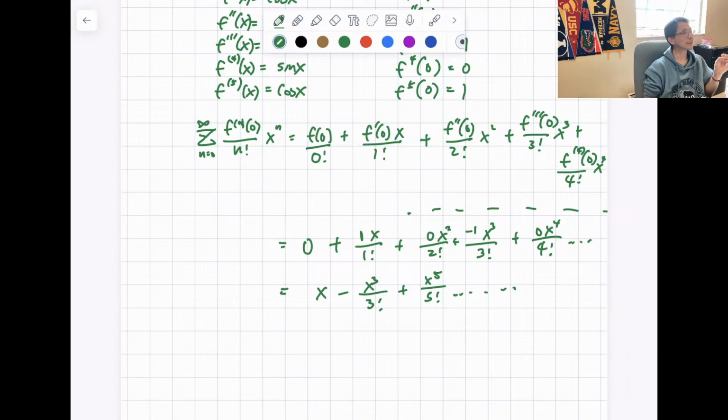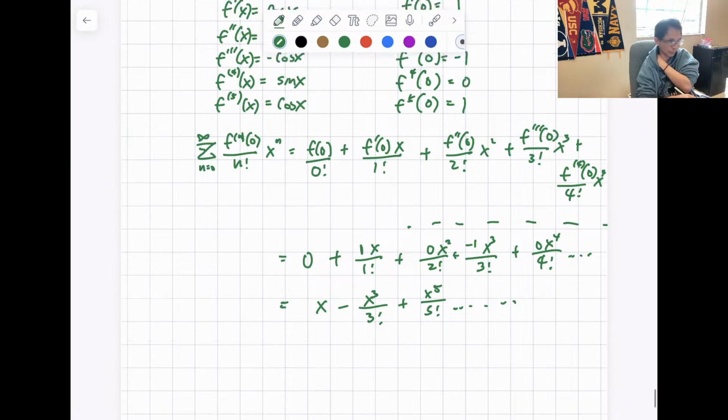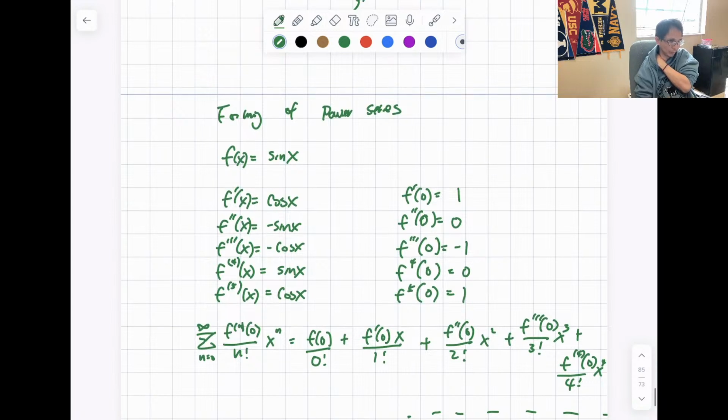Yes, Marcos. Why did you decide that f of n at c was going to be the same thing as, well, with the sine of x? Like, you said at the top with your summation, you say f of 0 and then f prime of 0 and then f double prime of 0. Why did you say that was equivalent to sine of x? It's not, because we use this. We say this is f of x, right? Oh, you're saying that's f of x? Yeah, f of x is gonna be,